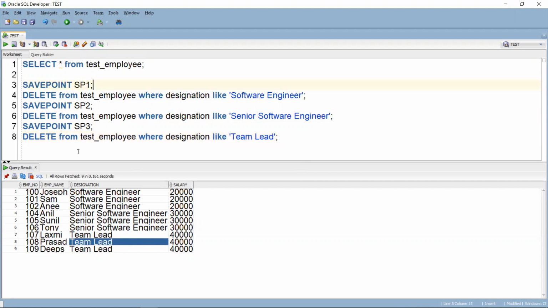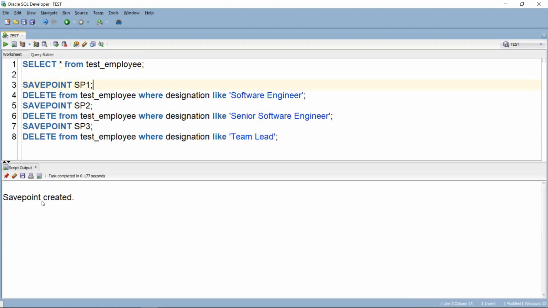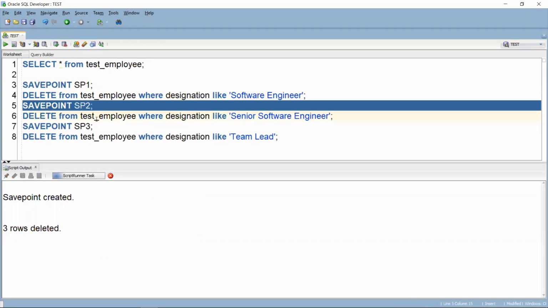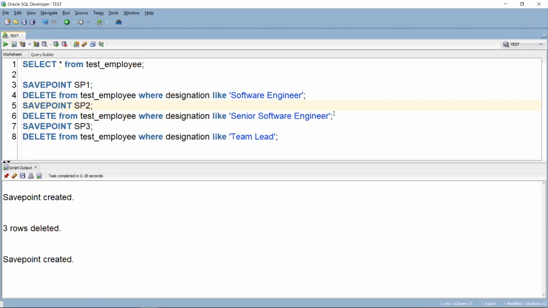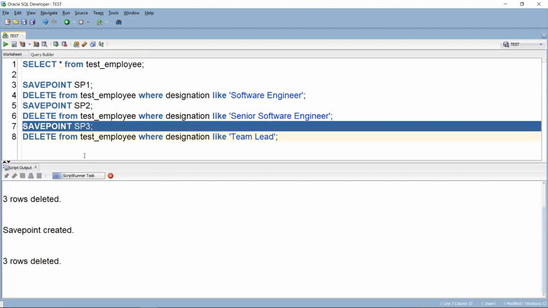Now let's execute this. Save point SP1 got created. Then I run delete from test_employee for software engineer, and 3 rows got deleted. Then I give save point SP2, and the save point got created again. Then I delete the records for senior software engineer and create save point SP3.